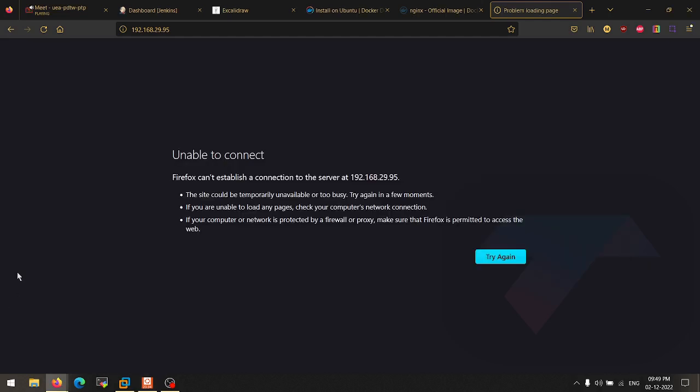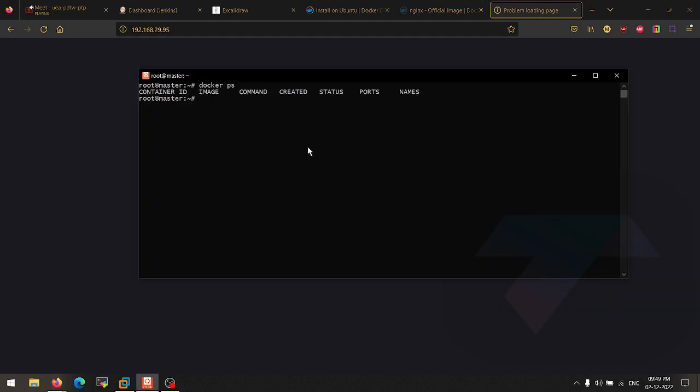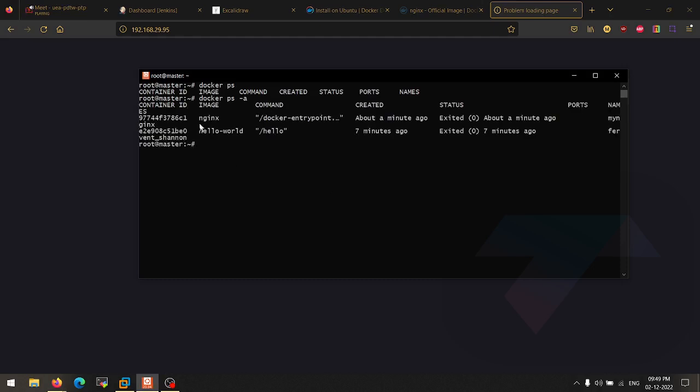docker ps will show you all the running processes of Docker. If you hit enter, as you can see, it shows the Docker container ID, the image name or image ID, the command used to run the container, created, status, ports, and names. You can see there is no container listed here because our container is not running right now. It stopped. That's why we got this error, right? Unable to connect. Now, if you want to see your stopped containers, you have to use the -a flag here. So docker ps -a, hit enter, and you will see your container here.